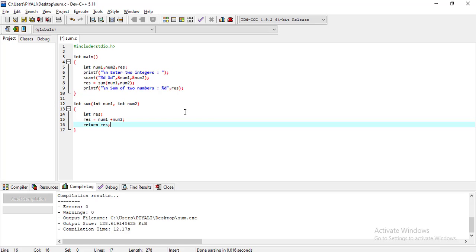In procedure oriented programming, if you write a big code, it is difficult to manage the code. You can divide the code into procedures, but still there is no data protection, so it is difficult to manage.